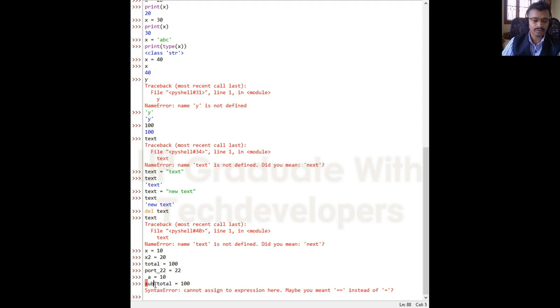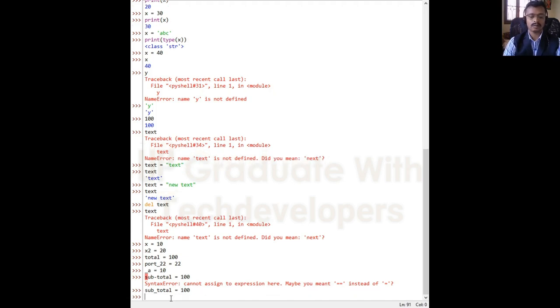I have used a hyphen. This is a special character. As per our identifier creation rules, this is not allowed, so I got a syntax error. Suppose I use the same subtotal with an underscore, equal to 100. We can see the underscore is allowed, so Python evaluates it as an